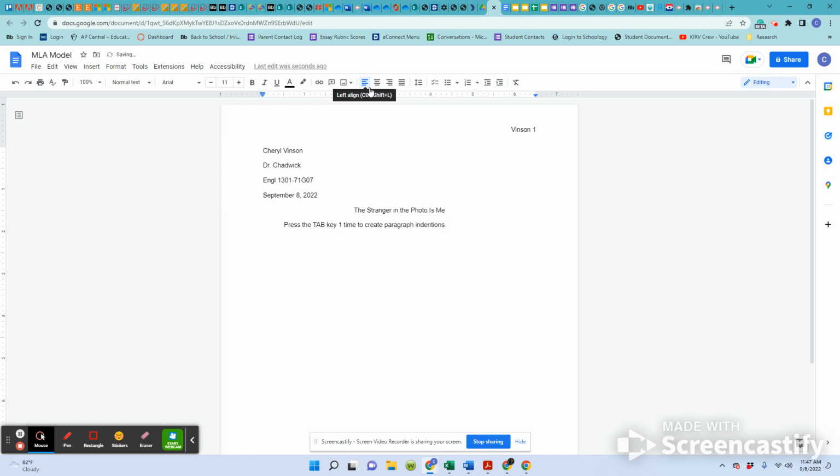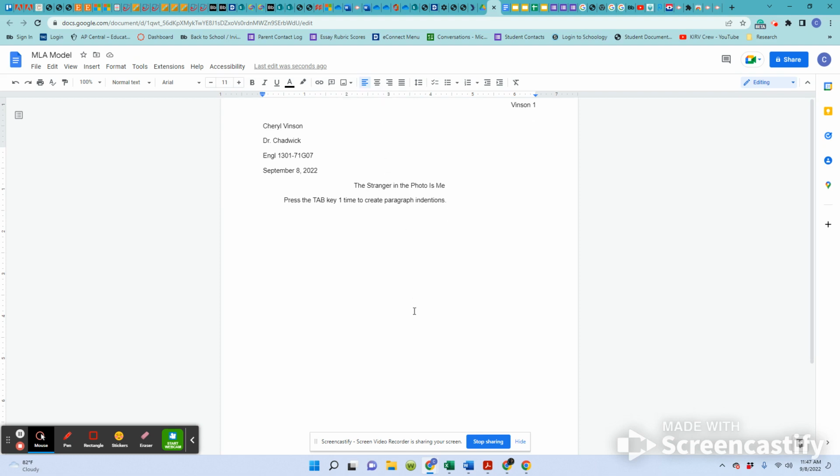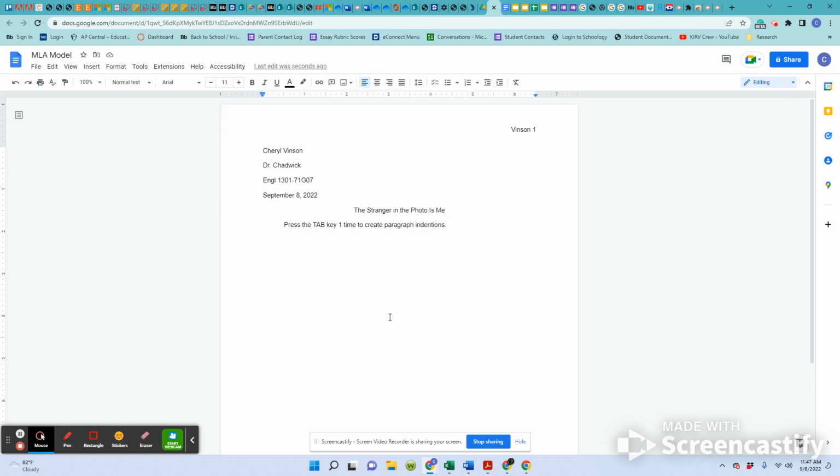So every time you make a new paragraph, all you do is return, you hit the enter key, and then you press the tab key 1 time. Okay, there's no need for an extra space between paragraphs. Okay, that is not MLA format. Okay, so this is a correctly formatted document, okay, that you would have